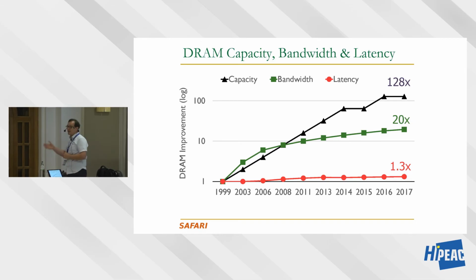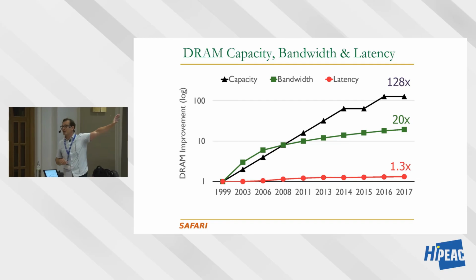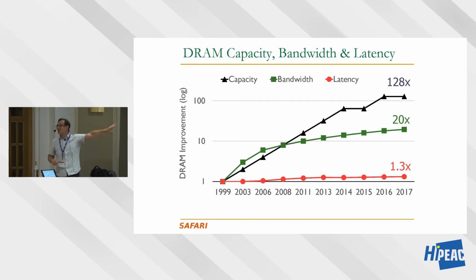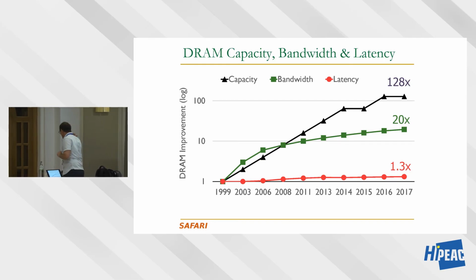So that's why in past years we talked a lot about latency. There's still a lot of work that needs to be done in improving latency, but we're not going to talk a lot about that. Processing near memory actually reduces the latency significantly to access memory. This is the pure DRAM device.